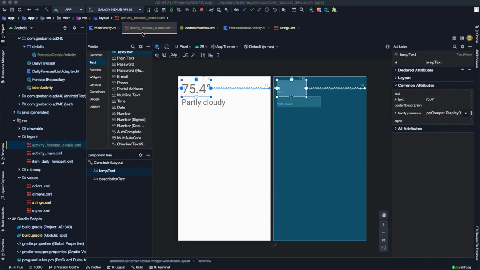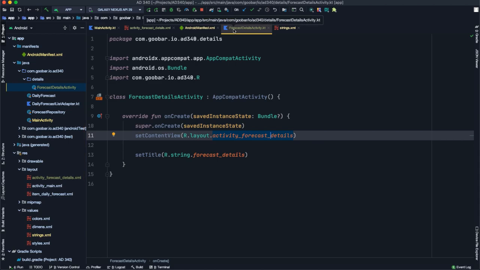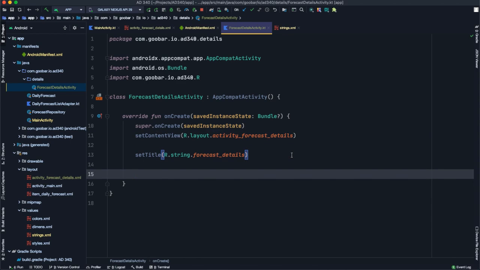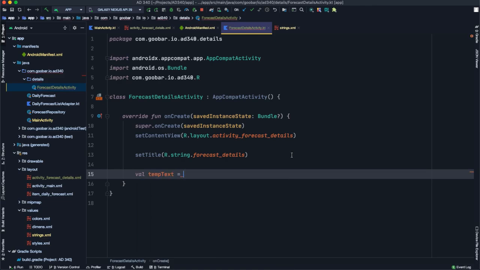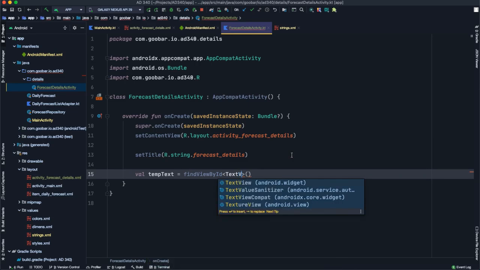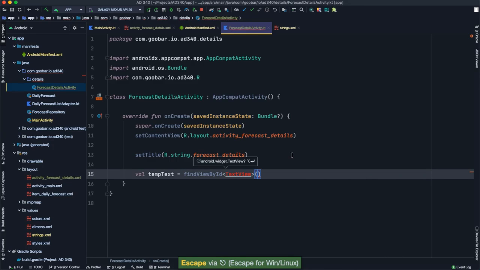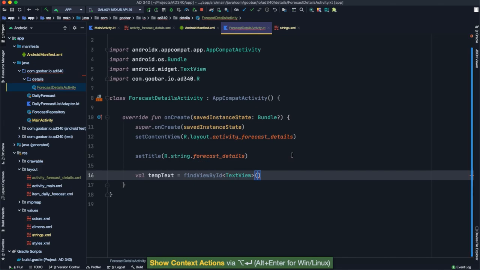So to fix that, we need to go into our forecast details activity, and we need to actually set some values into those views. Before we can do that though, we need to reference our views like we've been doing in our other activity. So to start, we'll type val tempText equals findViewById. And for the template, we'll type TextView, since that's the type of element we want to work with. When prompted to add the import, we'll go ahead and hit Alt Enter to automatically add the import up at the top. And now in the findViewById